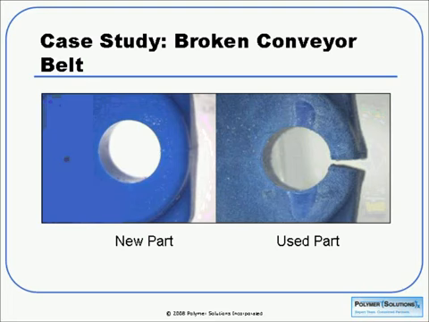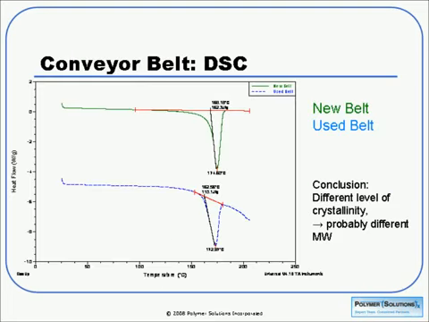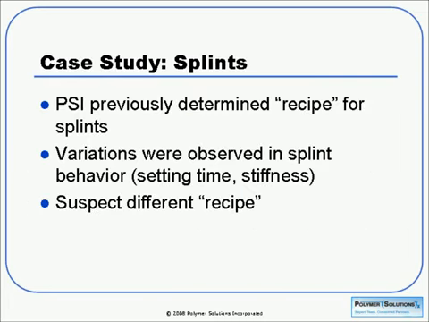So we wanted to do some comparative analysis to see what might be causing this degradation. Here we see DSC of these two samples, the new belts in the green on top and the used belts blue on the bottom. What we see right off is that there's a difference in the areas of the melting peaks, which means there's a difference in crystallinity. We also see that the broken part has maybe a slightly lower melting point, 173 versus 175. This difference isn't conclusive because that's pretty much within the uncertainty of the measurement, but that combined with the difference in the crystallinity implies that there's